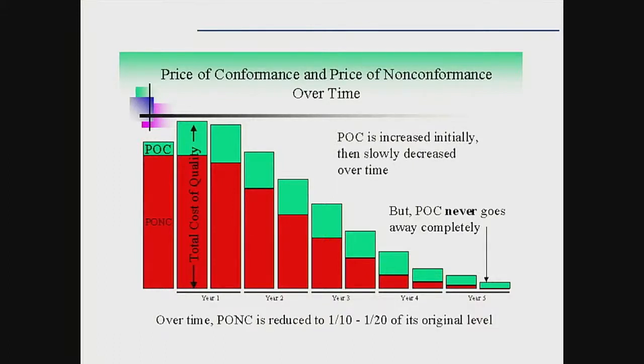And you can see in the graph, the first one is the price of non-conformance, and the top green one is the price of conformance and the total cost of quality. Over a period of time, as you increase the price of conformance or cost of conformance, your cost of non-conformance is going to reduce. This is one of our Foundry examples where we worked from 2012 onward.